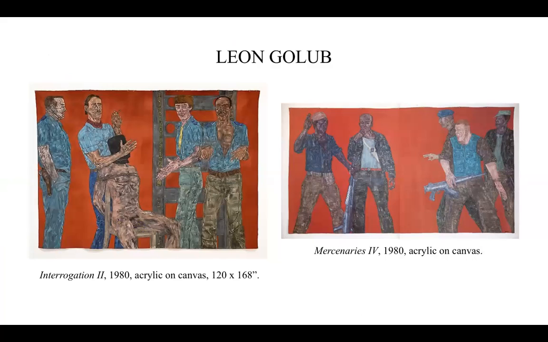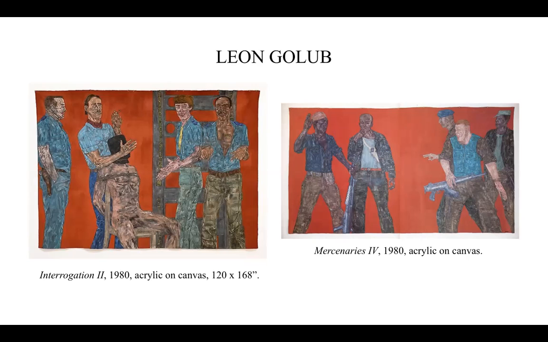Then this artist, his name is Leon Golub, and he uses figuration to make a political point. His works always have a very strong political commentary, and he was actually one of the few American painters to outwardly criticize and comment on the American aggression in Vietnam in the 60s.